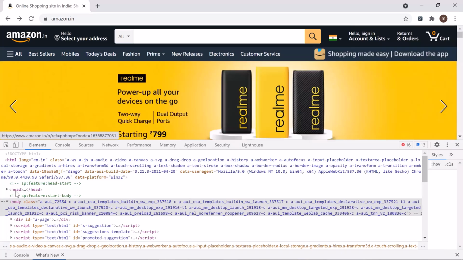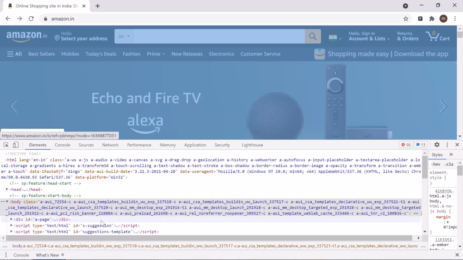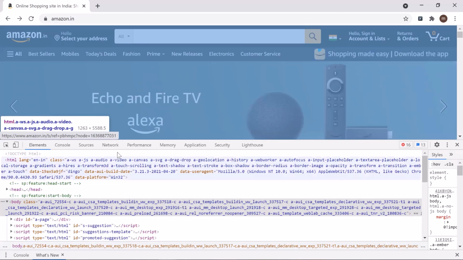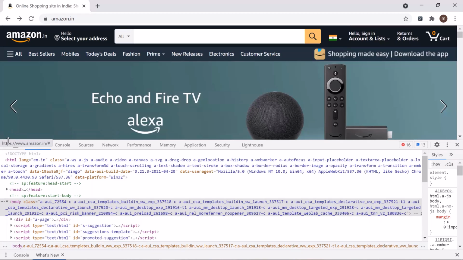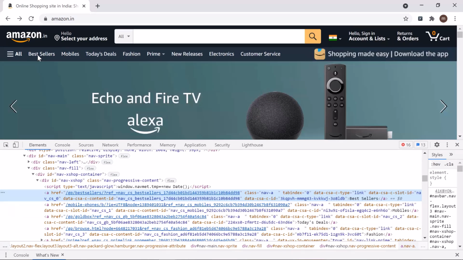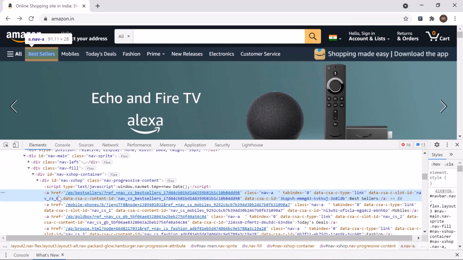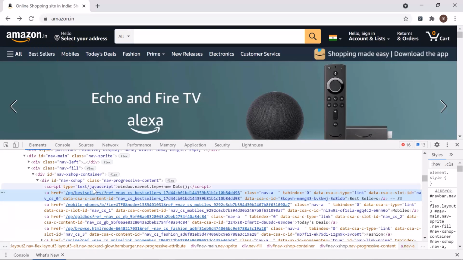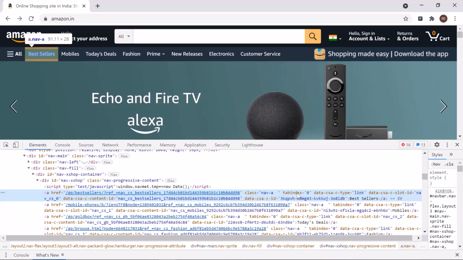Once you open the dev tool, you can see the whole XML document in the Elements tab. Now here you can see the inspect icon to identify the web element in the XML document. Click on this inspect icon and then click on the element for which you want to create an XPath. The moment you click on the element, it will be highlighted in the XML. Now to create the XPath, first we will see which type of object this web element is. We can see over here that this is a link or anchor object as it is created with the anchor tag.